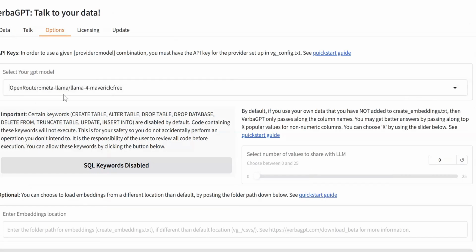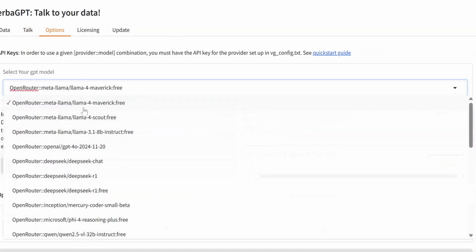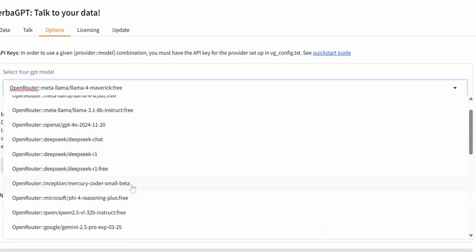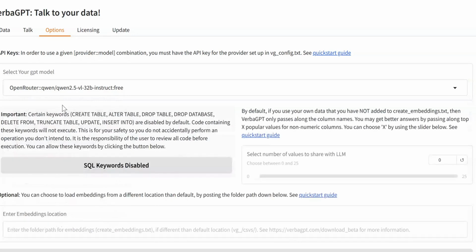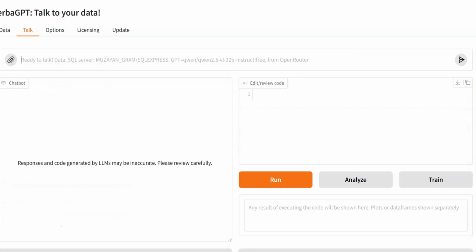I'm going to change also the model. Llama 4 has been giving some issues lately. It sort of doesn't complete the response for some reason. So I'm going to select Qwen 2.5. Llama 4 is wonderful. Like it works a lot of the times. Sometimes it doesn't work. But anyway, I'm going to try a different model here, Qwen 2.5, and going to ask